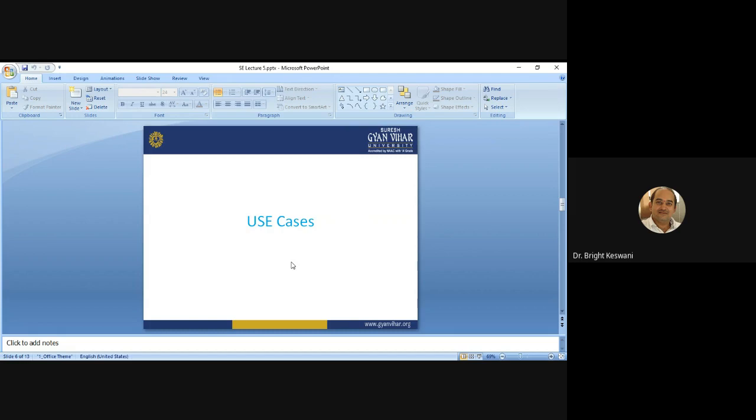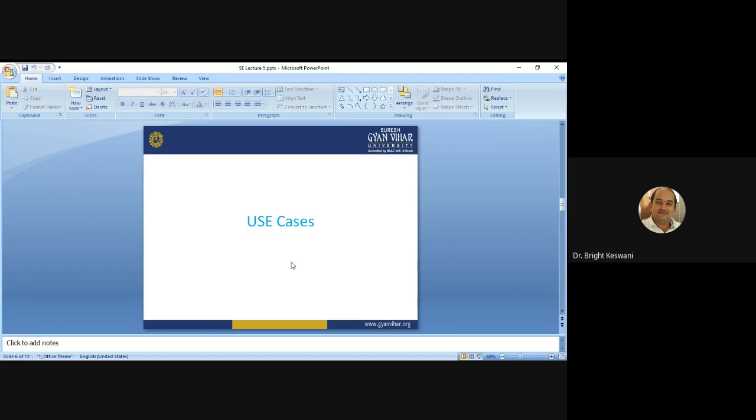A system is usually described by a number of use cases, which together become the use case model. So what is a use case model? A use case model consists of various use cases, and every use case is related to a module or component and the end user.